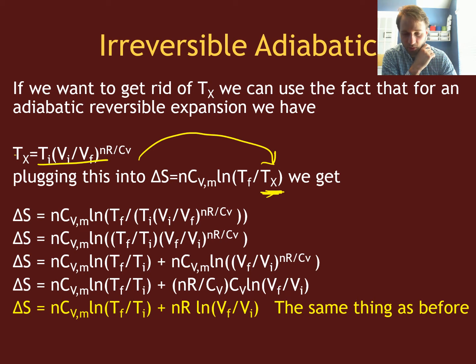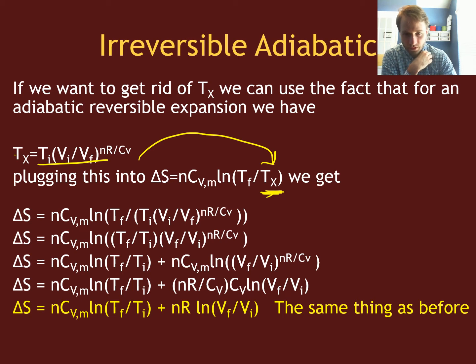Well, I can just pull out that power in front, okay? And so I have the NCVM ln V final over V initial, pulling out that power gives me NR divided by CV times NCVM,